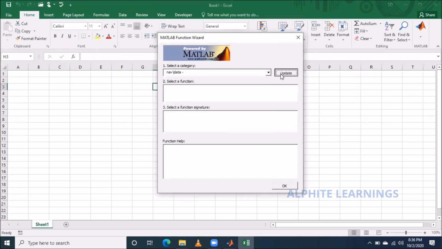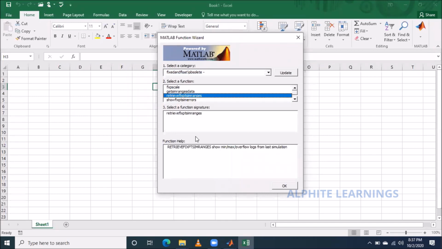So if I just update, you just have to wait for 2 to 3 minutes so that it will fetch the corresponding data. We'll wait for 2 to 3 minutes for that. So it is like inbuilt. By default, we have libraries, right? So we'll have certain things. So I have many things. These are the kind of things you get when you get your software, right? See, I have many functions under this. If I click some function, it will take some time and give something like that. What is the function all about?